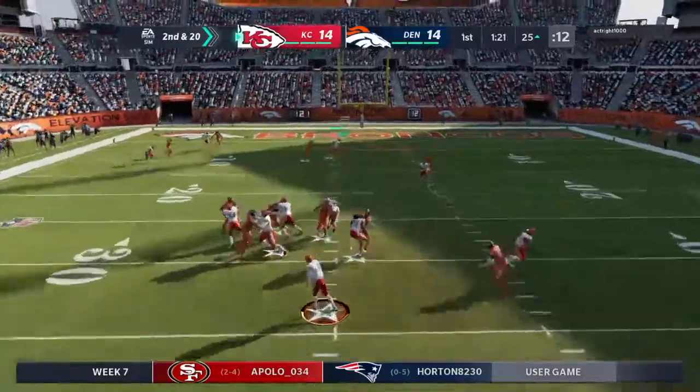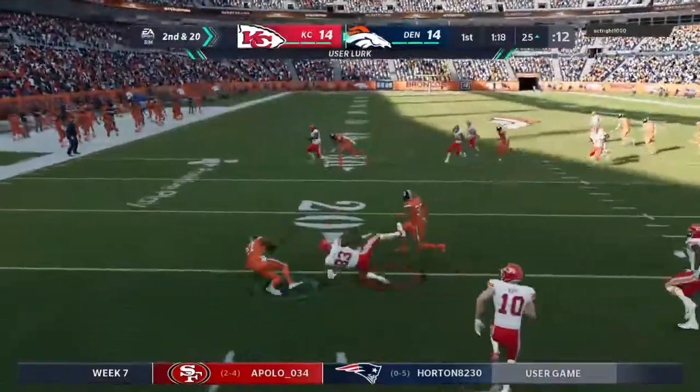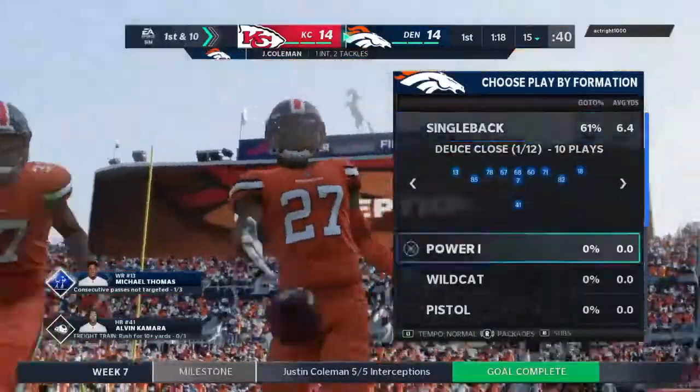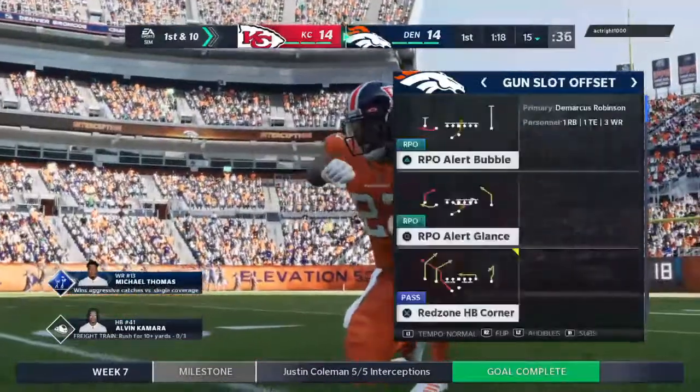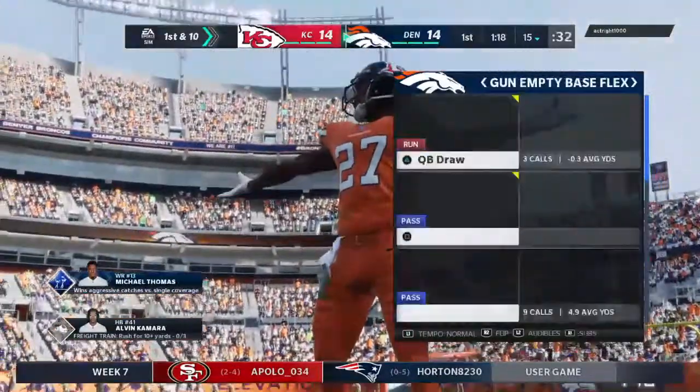Throwing on second and long. Prescott into a double team, and it's intercepted. Picked off by Justin Coleman. And the return will stop them well inside their own 20 at the 15-yard line. Well, they thought they were going to break the tie. The defense had other plans. They were already in field goal range,